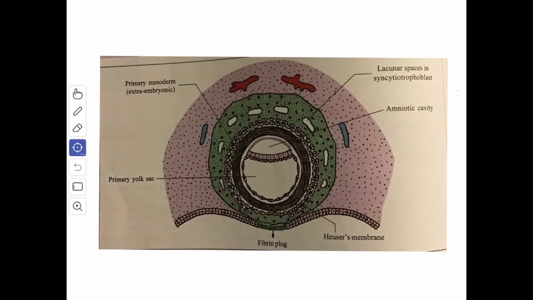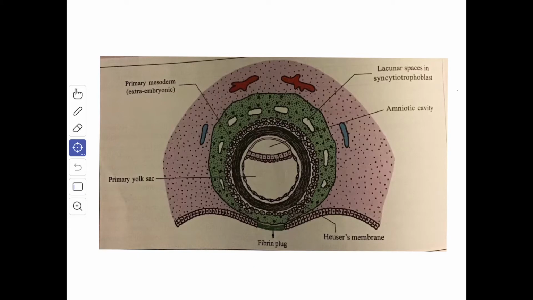In this picture you can see the blastocyst is completely embedded within the decidua of the uterus, and the site of penetration is closed by the fibrin plug at first, which is later replaced by the epithelial lining of the uterus. So this lining will replace this fibrin plug later. The blastocyst lies in the stratum compactum and it bulges gradually into the uterine cavity as the development advances.